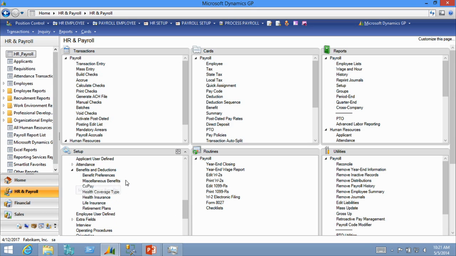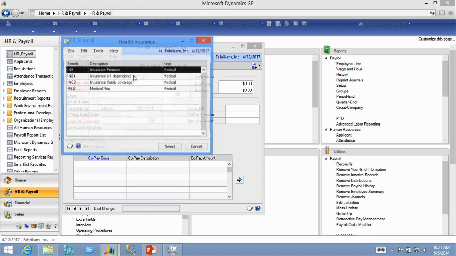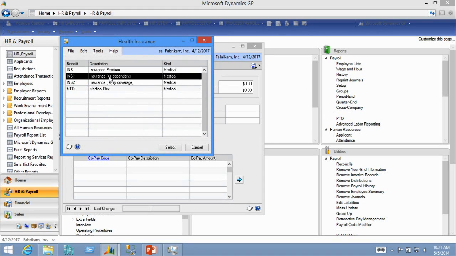There are 4 different types of benefits and deductions. So we have the health insurance, life insurance, retirement plan, and if the code does not split up into one of those 3, I would call it a miscellaneous benefit. So if we go into health insurance, and I'll pull up one of the examples I have here,